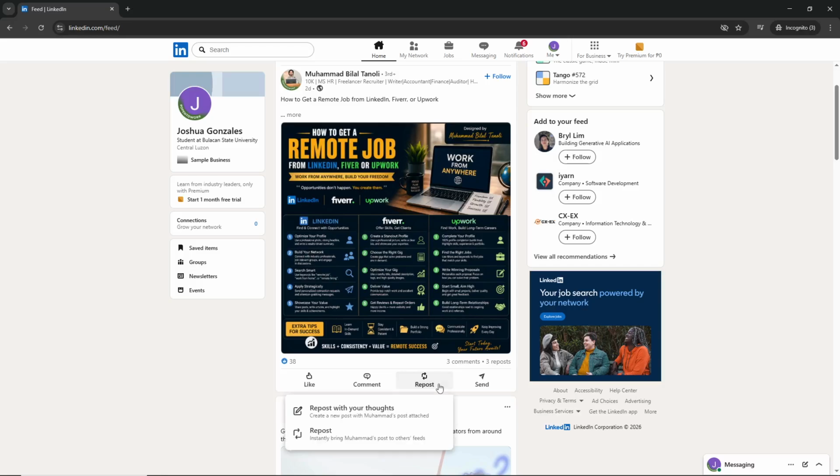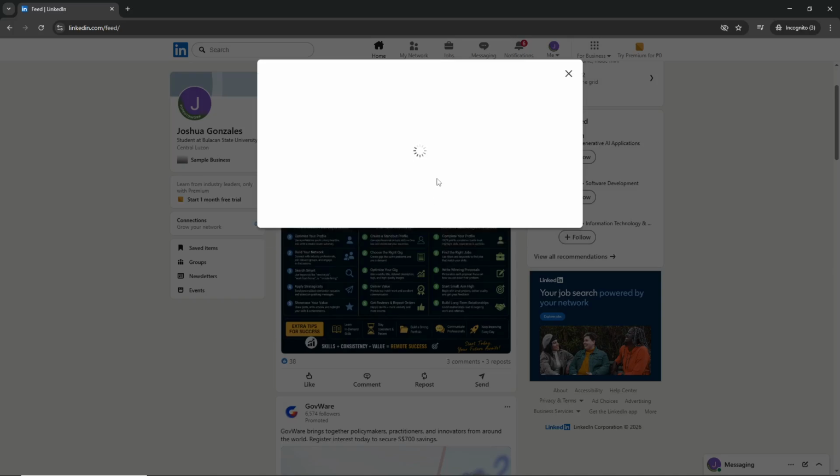After clicking Repost, a small menu will appear giving you two distinct options. You can choose either Repost with your thoughts or simply Repost. The first option allows you to add your own commentary and perspective to the post, making it more personal and engaging for your audience. The second option shares the post as is without any additional input from you. For this example, let's click on Repost with your thoughts, as this tends to generate more engagement and shows your